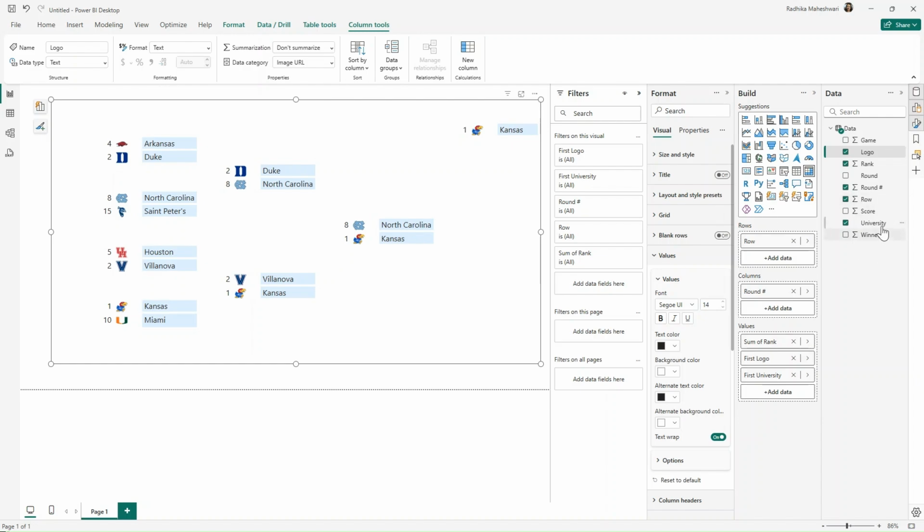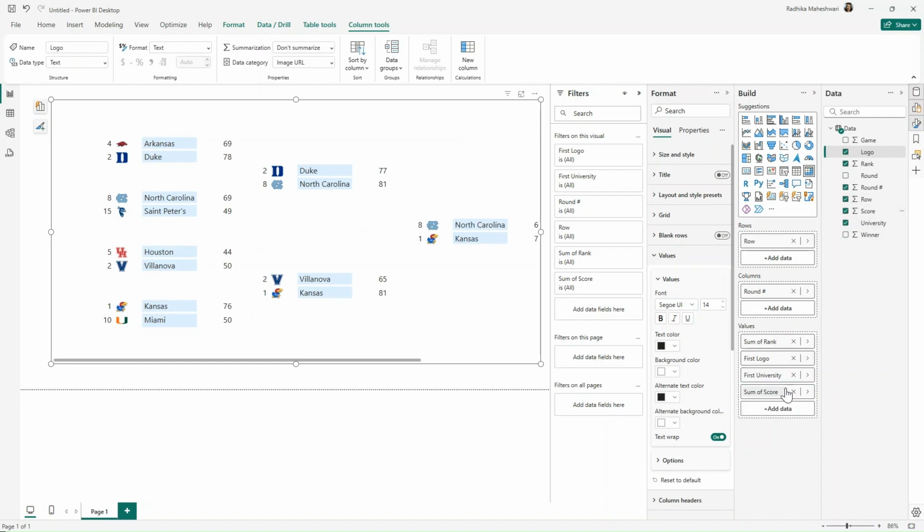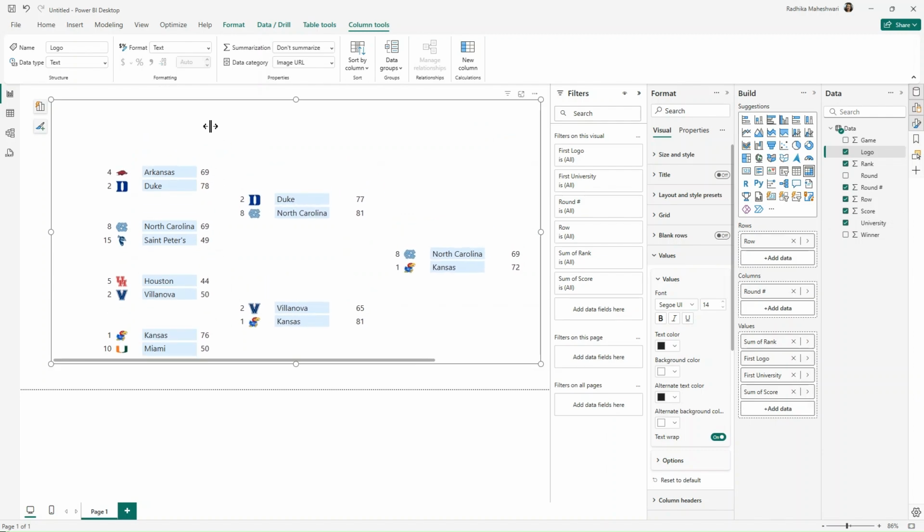On the right hand side, we want scores. So let's bring in the scores on the right hand side. And now I'm just going to rearrange these. So I'm decreasing the width over here.